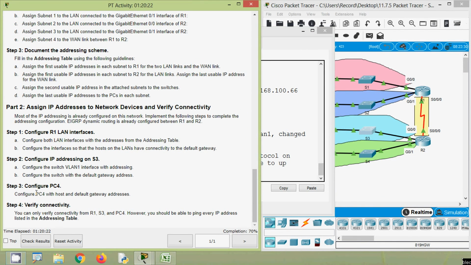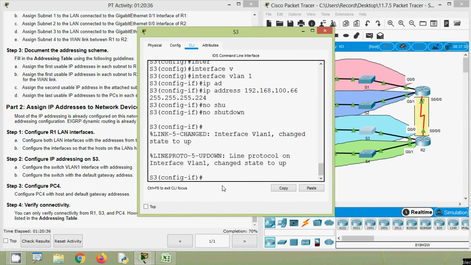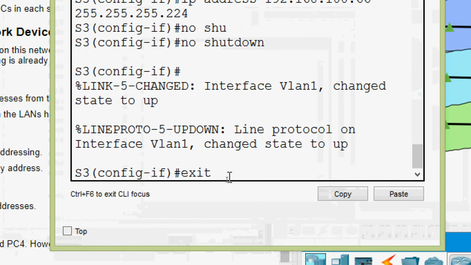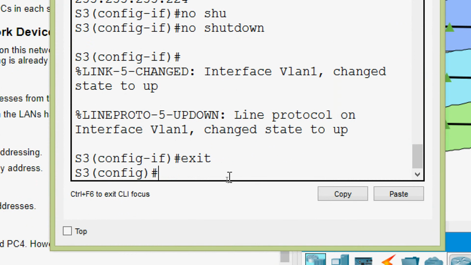Next is step 3, configure PC4. Configure PC4 with the host and the default gateway address. Oh, before that we have to configure the switch default gateway in S3. Okay, we can do that. We forgot that. So we'll exit from this mode. Then here we will set a default gateway,